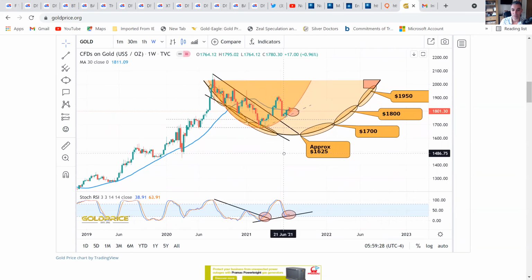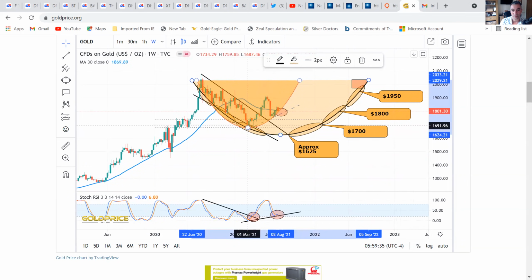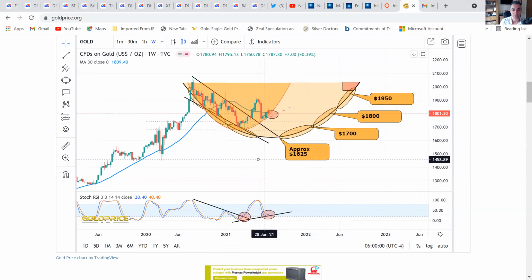But looking at the bigger picture now, it's possible to draw the arc with this black support line, and these touch points down here could be part of a much larger arc. This is the difficulty that we have until the right-hand hemisphere of an arc is fully confirmed. You need multiple touches, and actually on this red arc here, we have had multiple touches. We've had 1, 2, 3 now on the right-hand side, but I'm still not convinced,